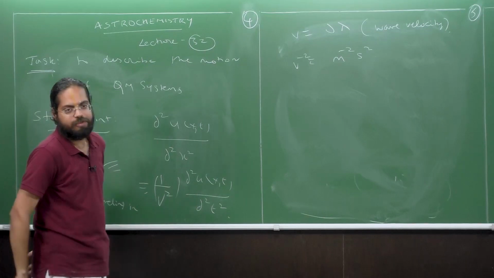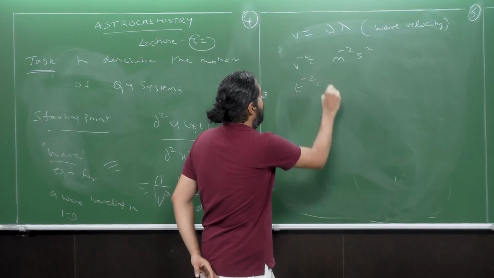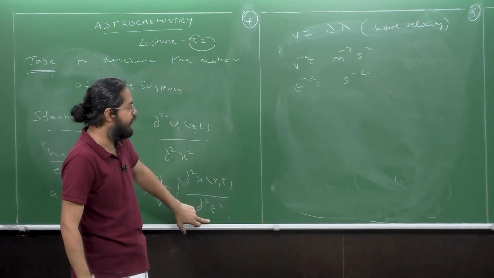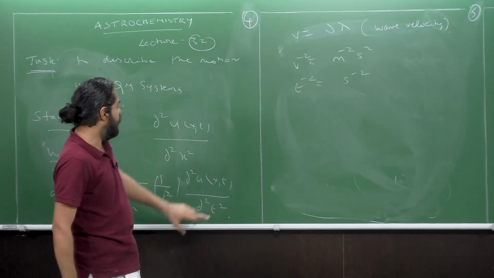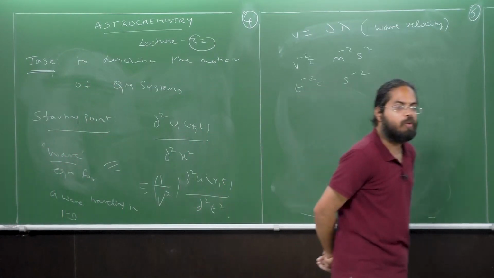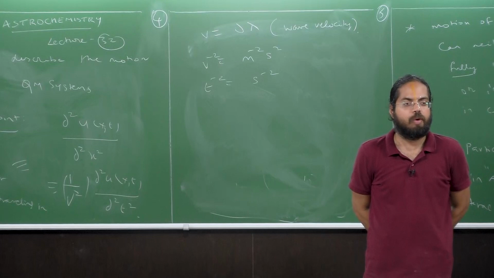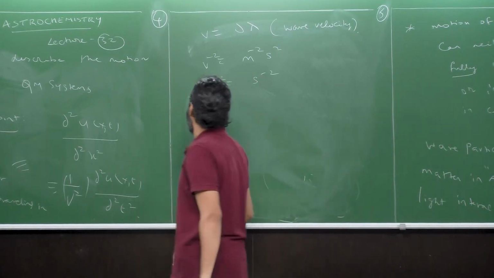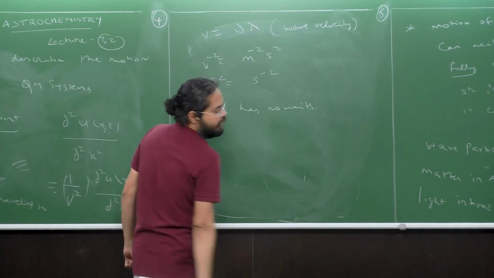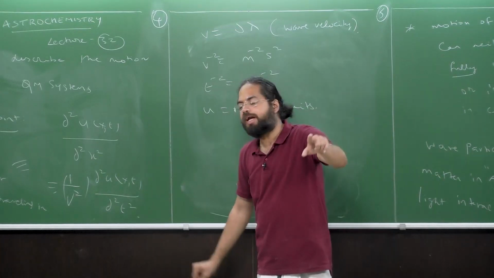What about t square here in the RHS? Well, t to the power minus 2 is of course going to be per second the whole square, okay? Are we clear? So that is the RHS. And what about this u, which is a function of both x and t? What are going to be the units of u here? Well, we'll look into the tutorial. For now, take it that u has no units. I'll give it to you as homework to figure out why u has no units. We'll also look at it in the tutorial.